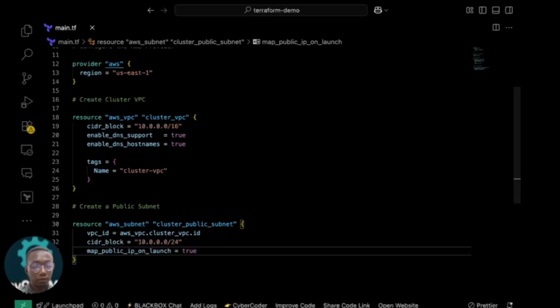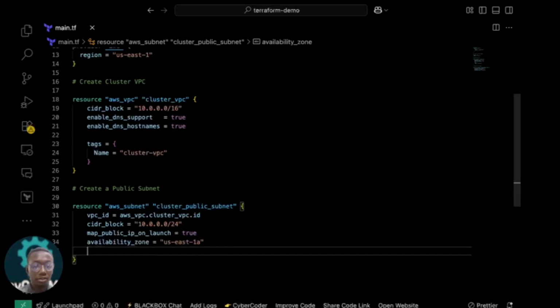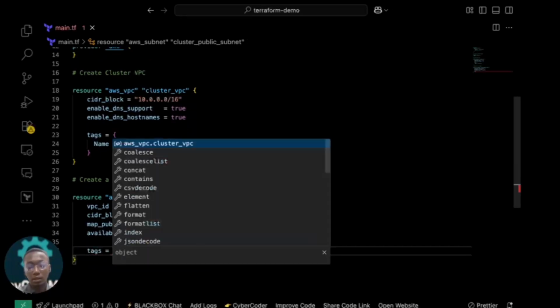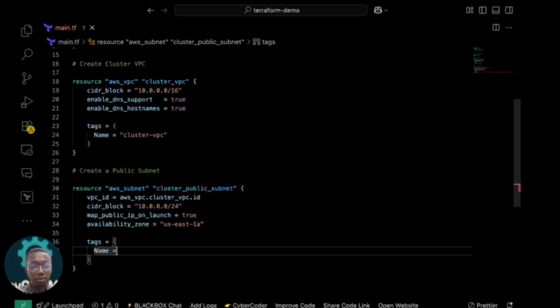So we're going to have some more arguments, including our availability zone. We want this subnet to use the us-east-1a availability zone. And then finally, we're going to give it a tag, so the key of Name and the value is going to be